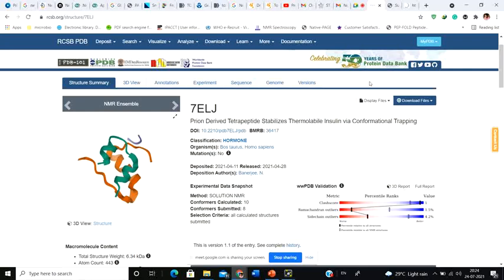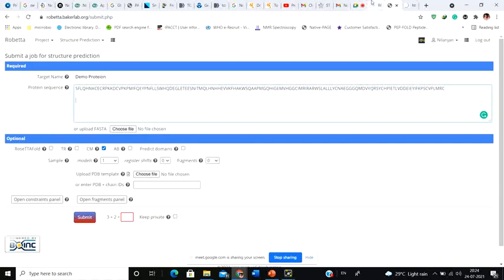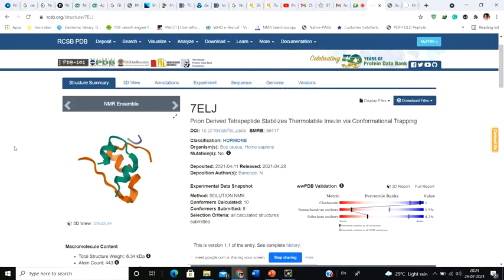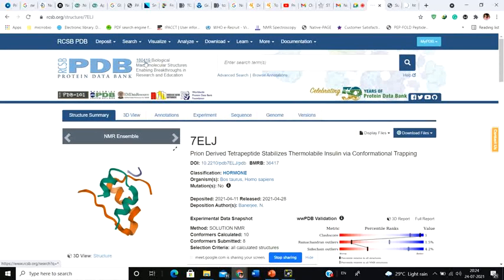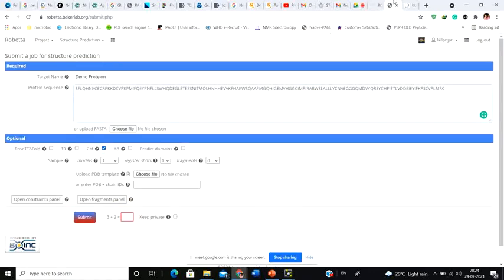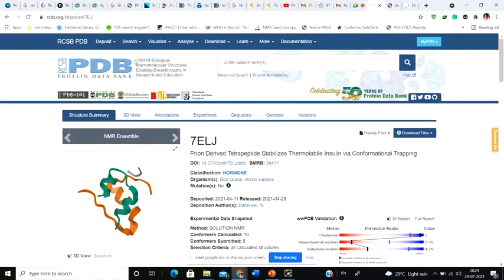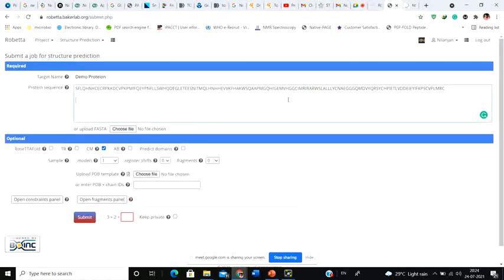But how are they going to do it? They're going to use the sequence alignment method. They're going to take this particular structure and align all the proteins present in this RCSB PDB. There are actually 180419 biological macromolecules, including protein, DNA, and RNA, but at least 50% of them are going to be protein. So it's going to align this sequence with all the protein structures present here and try to find the sequence similarity with your molecule.